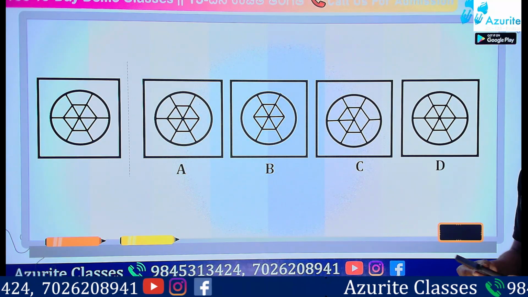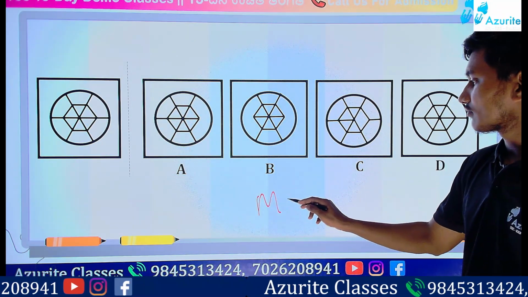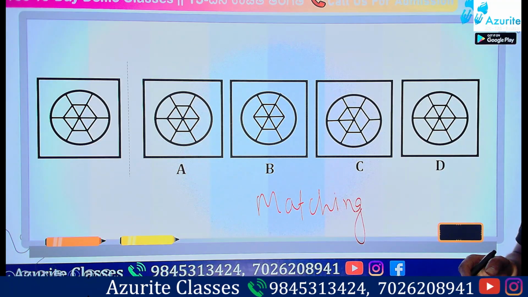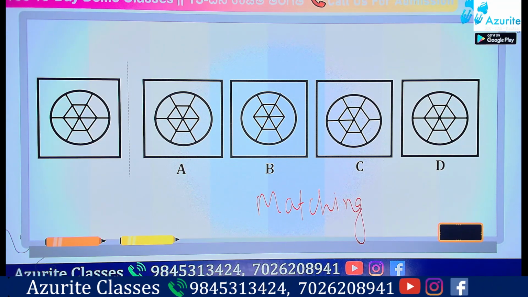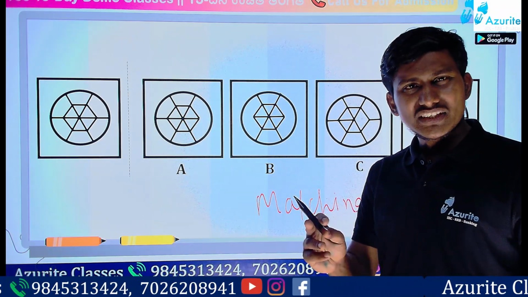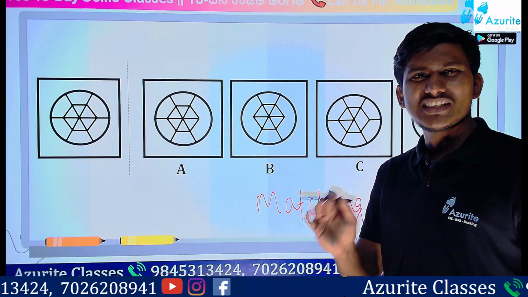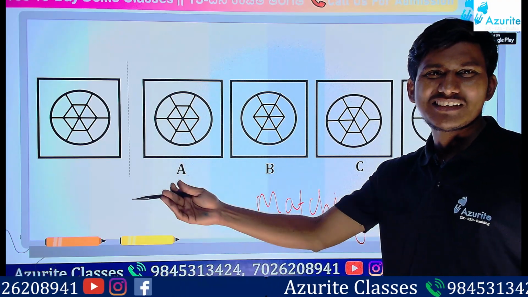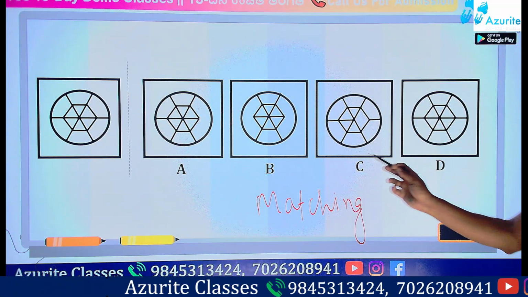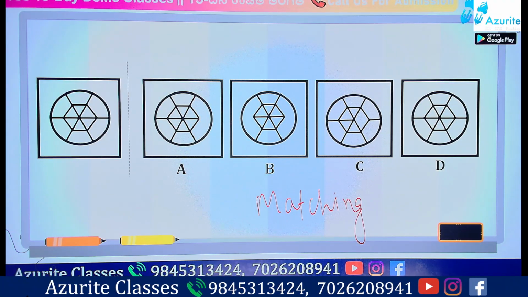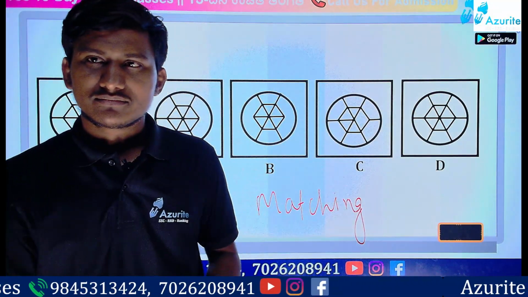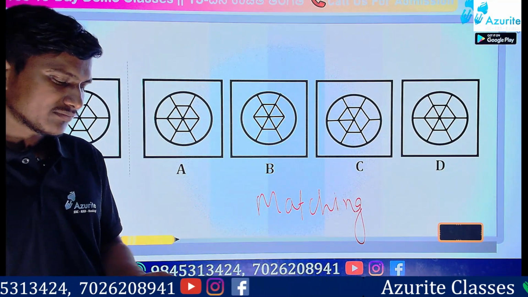Tell me the answer for this now. Which is the same figure? Who is that again, nonsense? Once you should tell the answer. If it is A, that's it. What is that nonsense? So what is the answer? Tell me now. So once only you should tell. Okay? That's it.